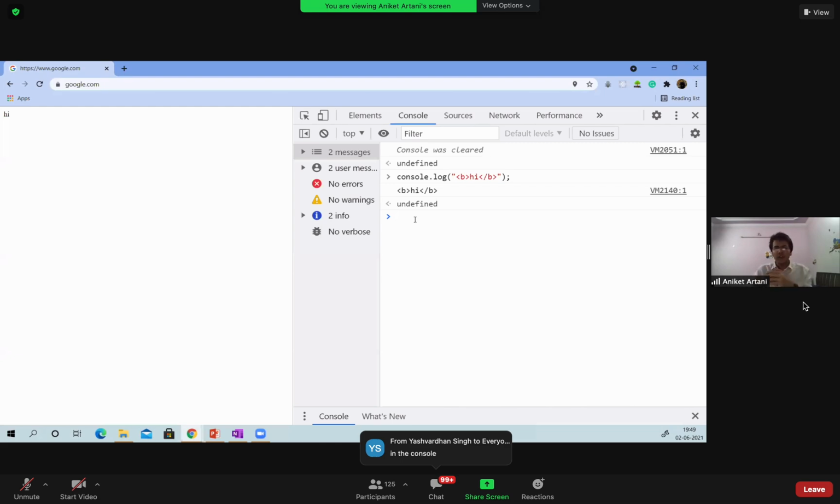Like in the console, HTML tags are just used for writing on our screen, not in our console box. If we could use them in the console box, we could also print the img tag using image, but we can't insert an image in a console box. That's why for these type of things, or if you use your own tags, you need to write document.write, not console. So I want to tell you that we can't use all the functions in the console. In that case, we need to use document.write to print on our screen.